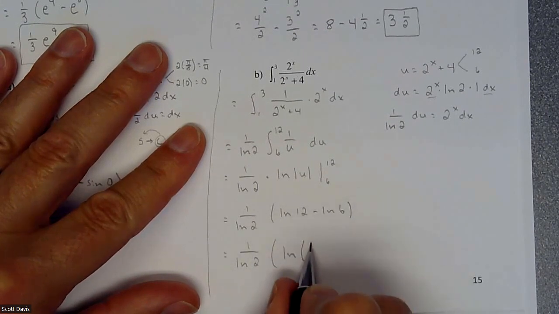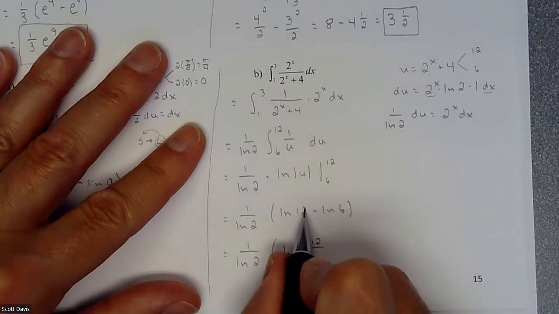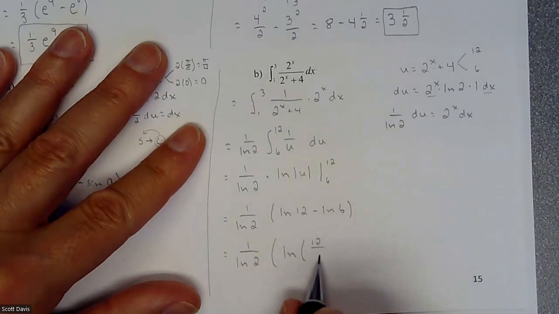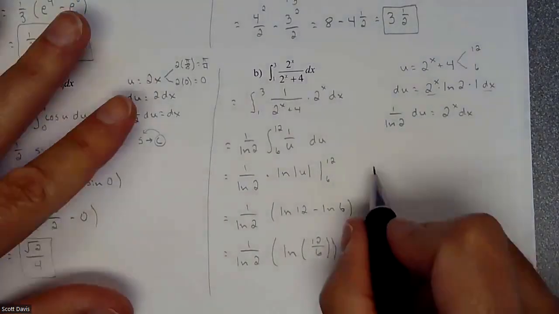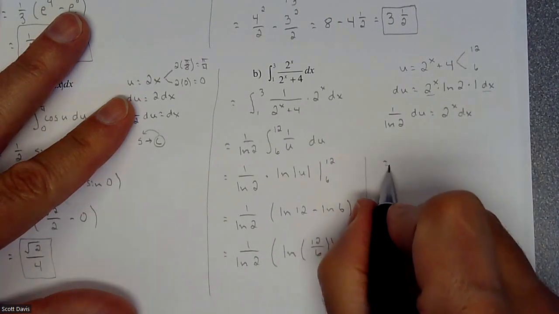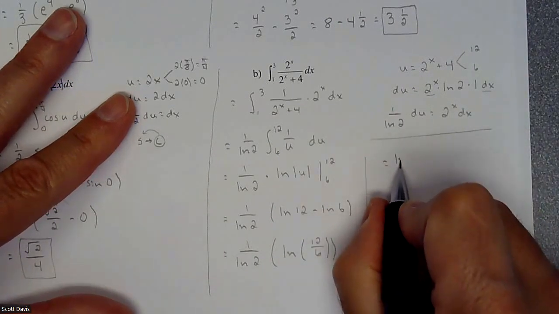And since it's a subtraction, the first number minus the second becomes the first number divided by the second when you condense it into one log. And then 12 divided by 6